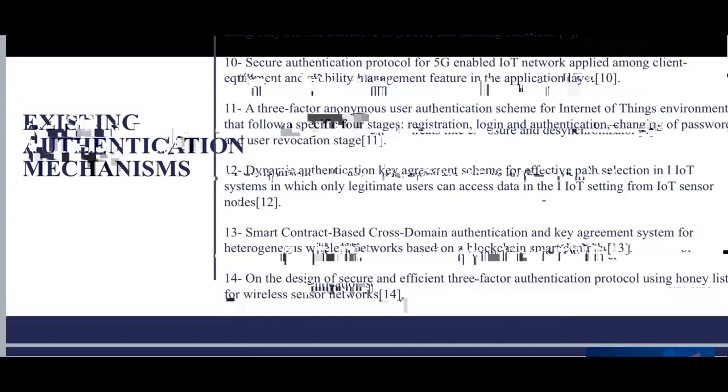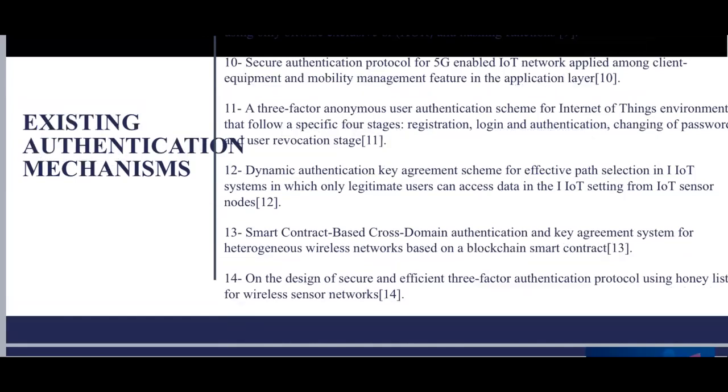a secure lightweight three-factor authentication schema using BAN logic, a secure authentication protocol for 5G enabled IoT networks, a three-factor anonymous user authentication schema, a dynamic authentication key agreement schema, a smart contract based cross-domain authentication and key agreement system using a honey list, a privacy preserving authentication, authorization, and key agreement schema via elliptic curve cryptography, ECC, a security approach for CoAP based on the Internet of Things, initialized TACACS plus. After this research, I chose the CoAP protocol,